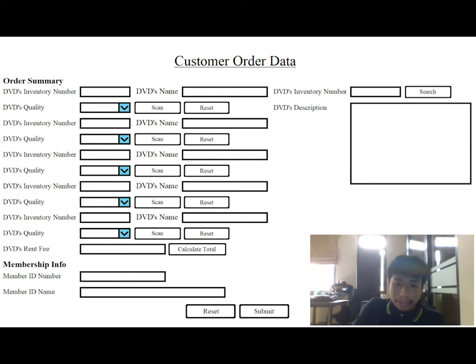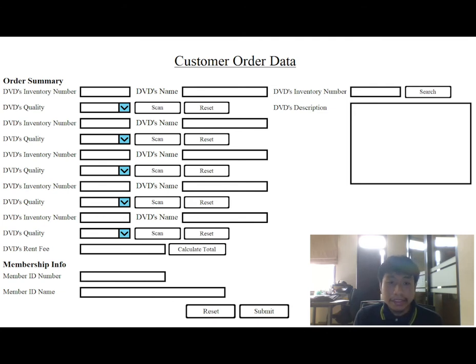So basically, all of this will be done automatically, and the only manual interference would be coming from the changing of the DVD's quality manually, the pressing of the command buttons, the copy pasting of the DVD's inventory number, as well as the last one, the most below part here, clicking the submit command